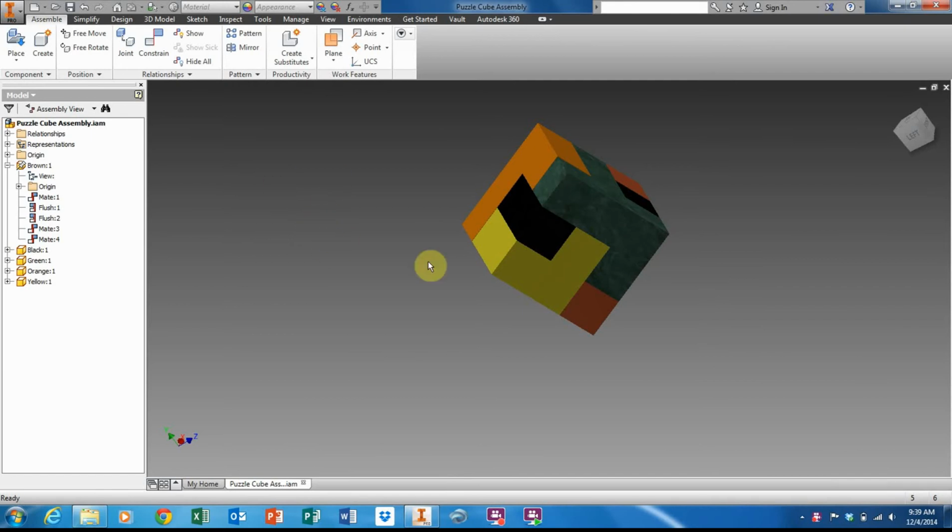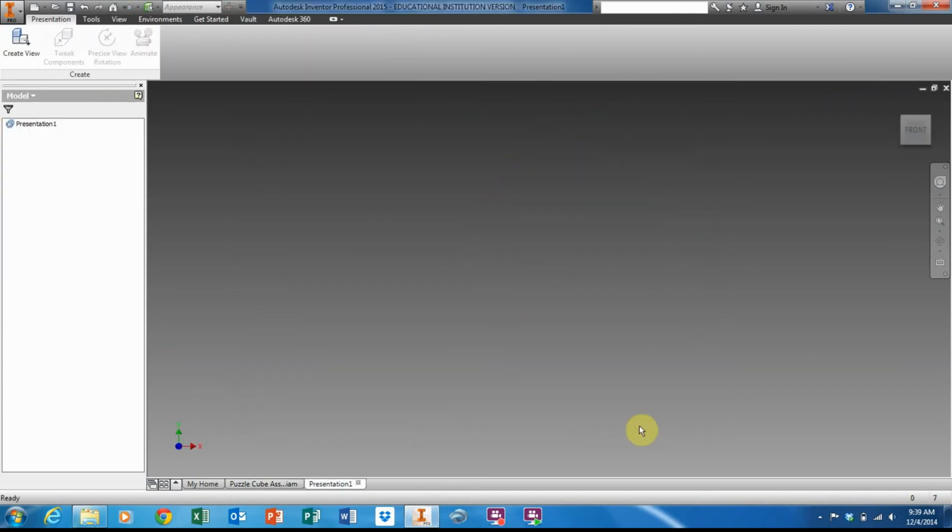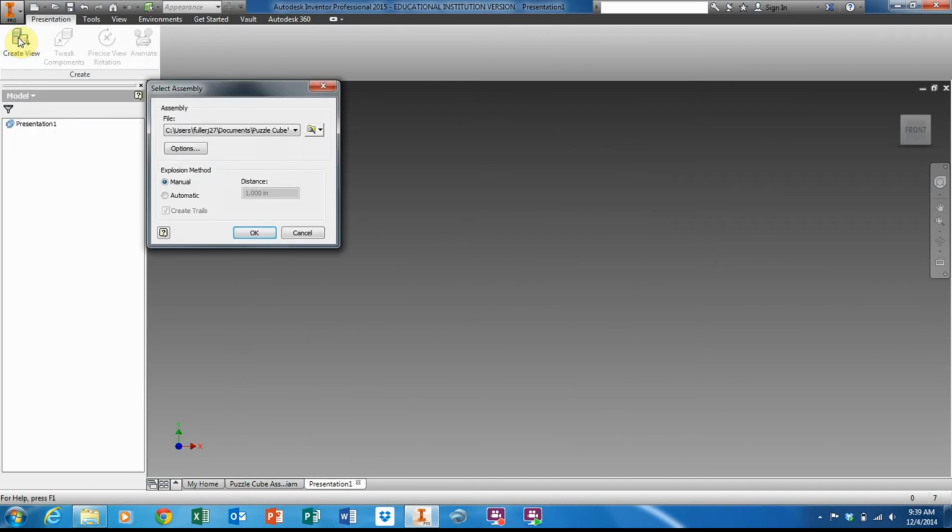I'm just going to leave my Puzzle Cube assembly file open, and I'm going to click on the new icon. This time I'm going to go down here to the presentation area and open a standard IPN presentation file. So I click on it, and then I click create. Alright, next thing I do is I go up here to create view. I click on it, and my part is already selected in the file box here,